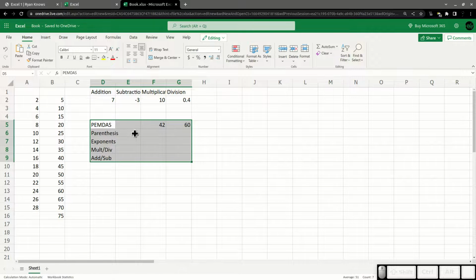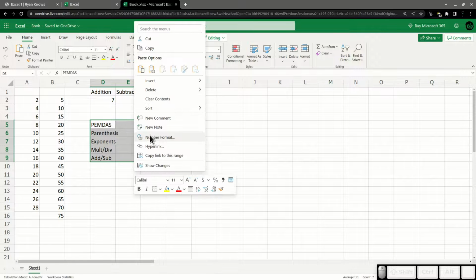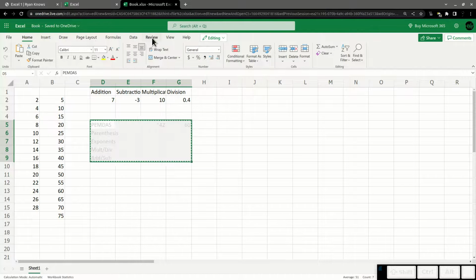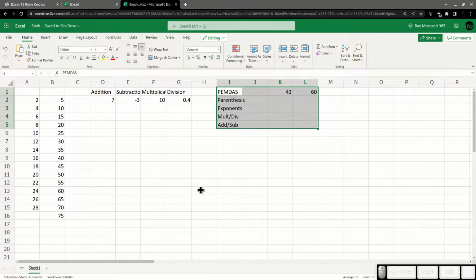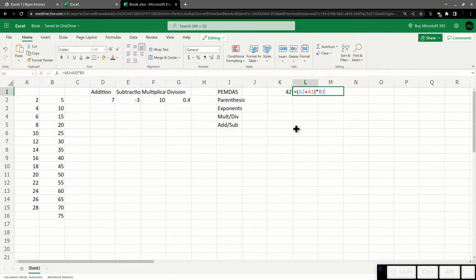I want to move this, so I'm going to right click, go to cut, it grays it out and puts that little animated border around it, and I just want this to exist over here. So now I'm going to right click on that cell and click paste, and it moves the whole thing, including the numbers, and the numbers are still those equations, those references.